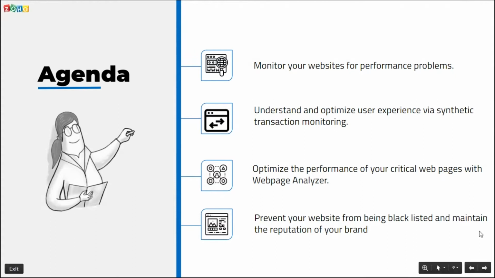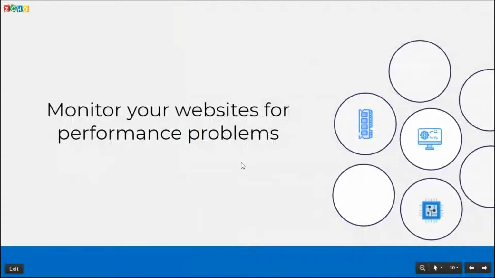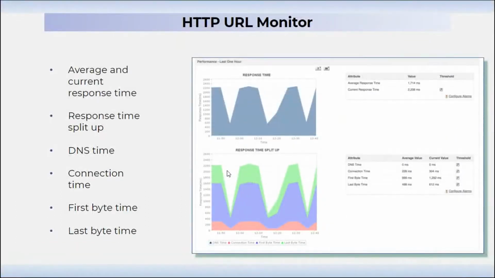So this is basically a summary of what we will be seeing. So let's just break down and look at each of them one by one. The first of which is website monitoring for performance problems, and this is perhaps the most simplistic of all the monitors or features that we will talk about today in the user experience monitoring